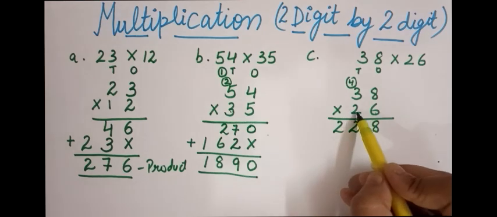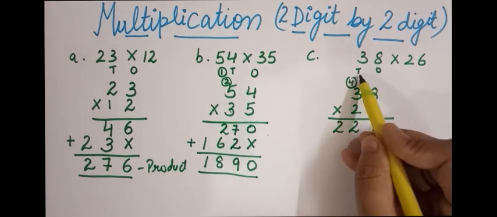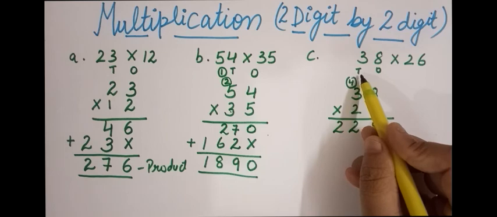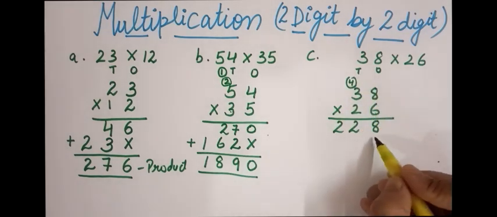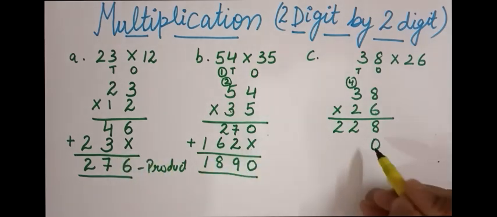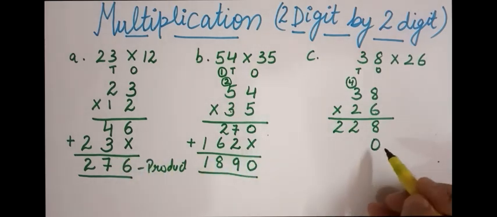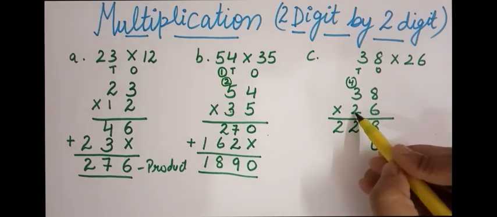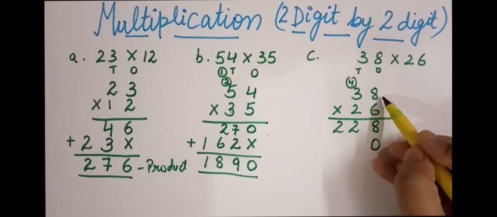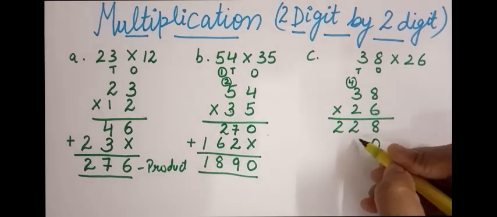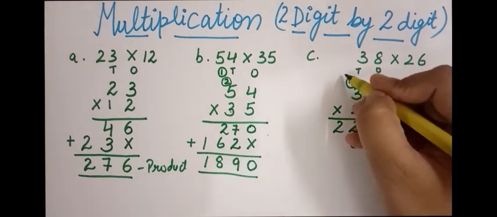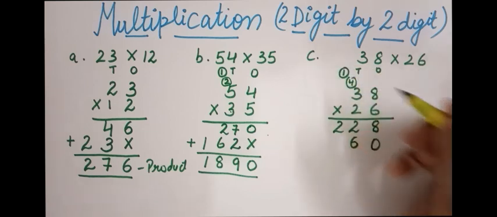Now we'll be taking this 2 which is at the tens place. Since this 2 is at the tens place, we'll be crossing this out, or we can write 0. In this we have put a cross, so in this I'll be putting a 0. You can do any. So I've closed here the ones place for this 2. Now I'll multiply this 2 first by this 8. So 2 8s are 16. So again a 2-digit number. So 6 I'll be writing here, and 1 again I'll do as a carry.